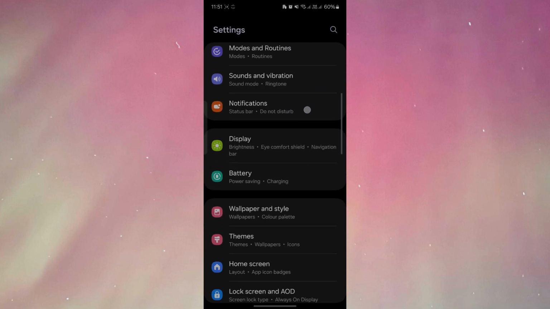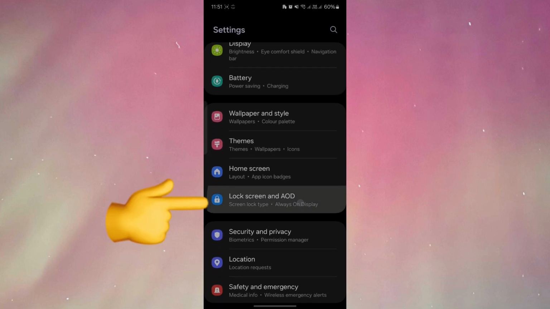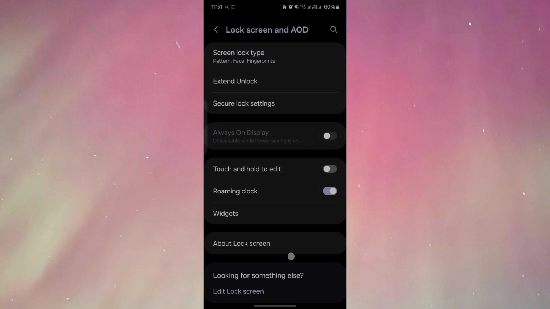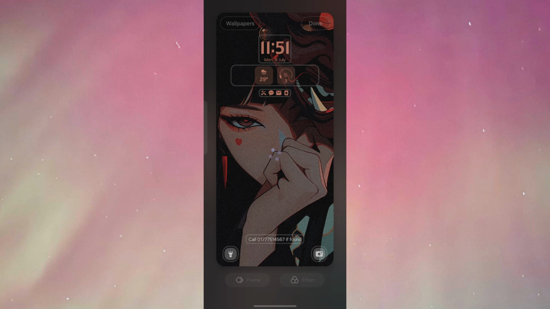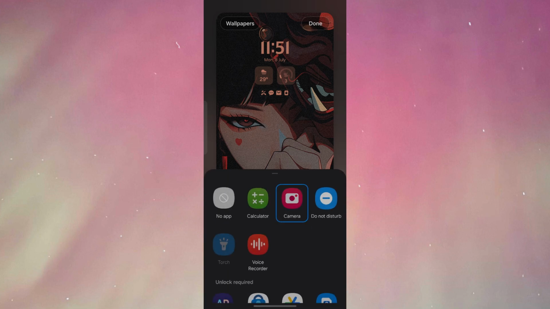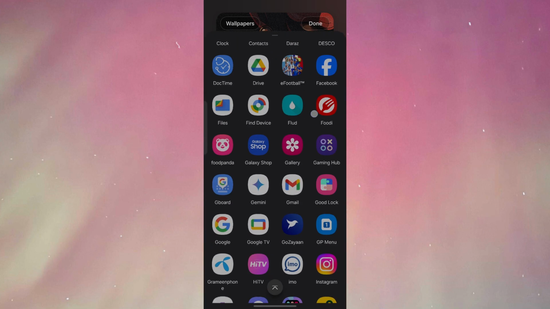After going to phone settings, we are going to go to lock screen and AOD. After that, click on edit lock screen. In Edit Lock Screen, you will be able to edit the two shortcuts on the lower right corner and the lower left corner. So I'm going to click on the lower right icon, and then from here I'm going to